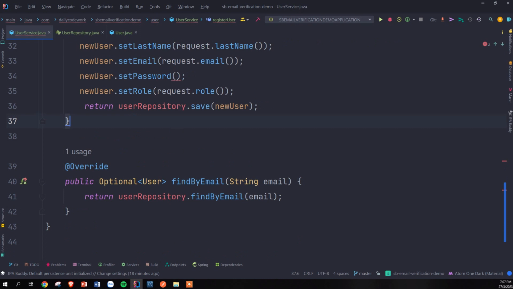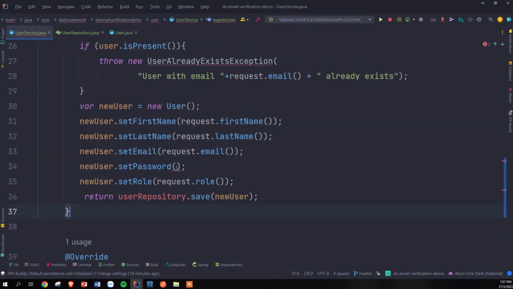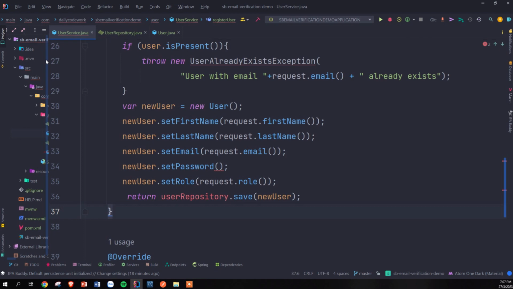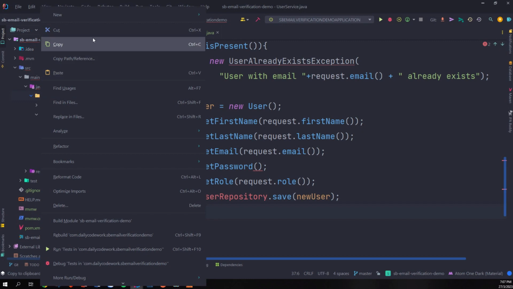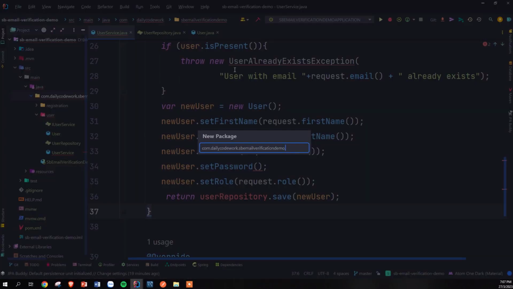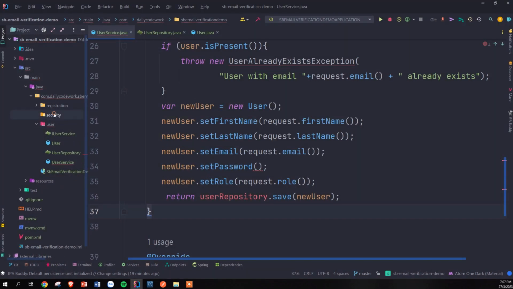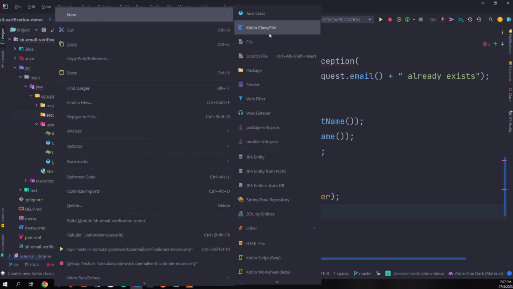So now let's come back to our password. Here, before we save this user password, we're going to encrypt the password, right? So for that, we're going to create a bean that will encode this password before it can be saved to the database. So here I'm going to create a new package called security, and in here I'm going to right click on the security package